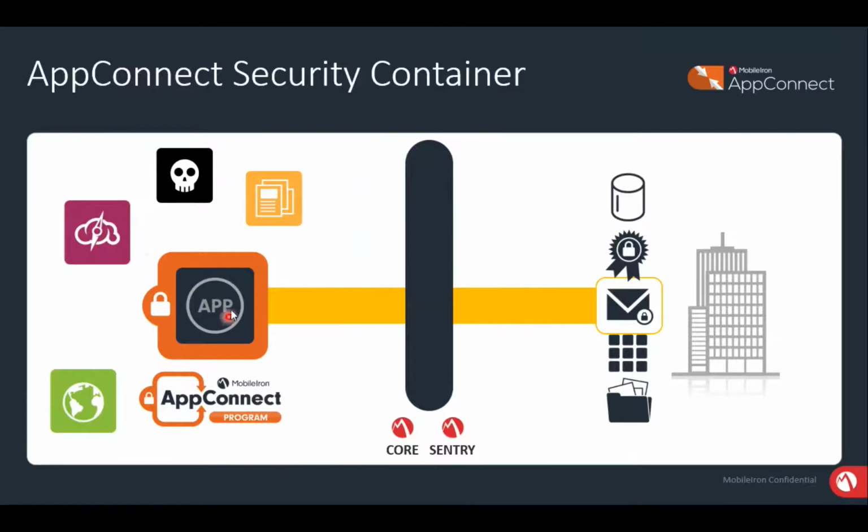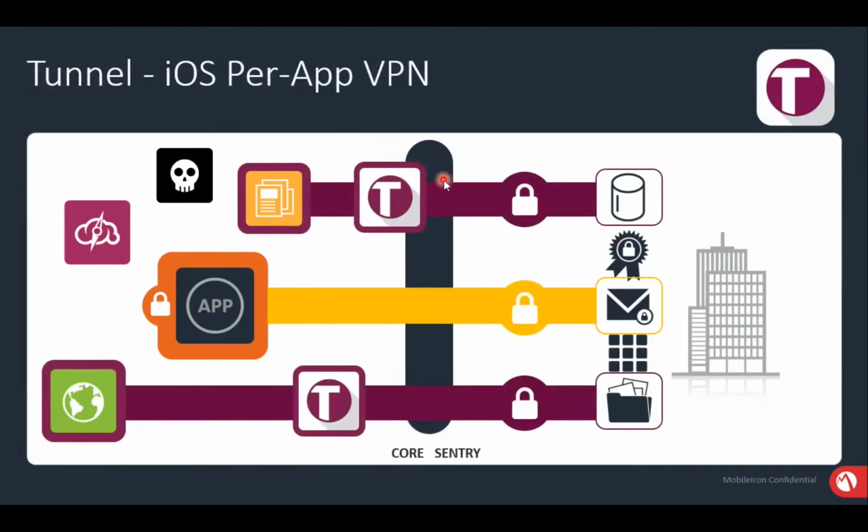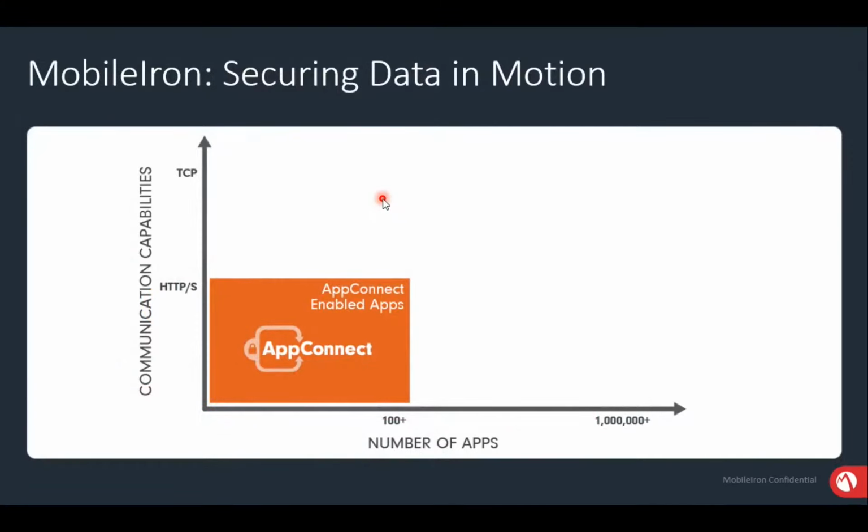So for example, this is an AppConnect app. For an AppConnect app, the UEM core will check whether the device is from a secure user, and then it will give access to the backend resources. What happens if it is a third-party application? That's where Tunnel comes in. So Tunnel and Sentry will check the device's authenticity and let the third-party application connect to the backend server securely using the tunnel. So if we talk about AppConnect enabled apps, it will be much more limited.